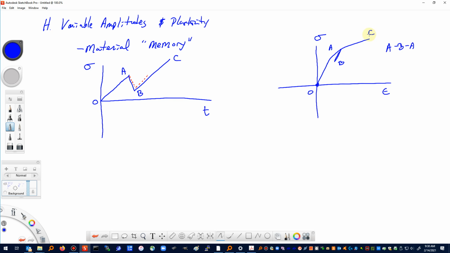Now, there are physical mechanisms for this, and there are some explanations. Depending on how you want to think of this, if you have a metal that has all these grains in it, there are lots of grain boundaries. If you have a small level of unloading, then that does not affect the overall breaking through of dislocations and grain boundaries. But when we go from A to C, all of that little stuff that happened from A to B to A